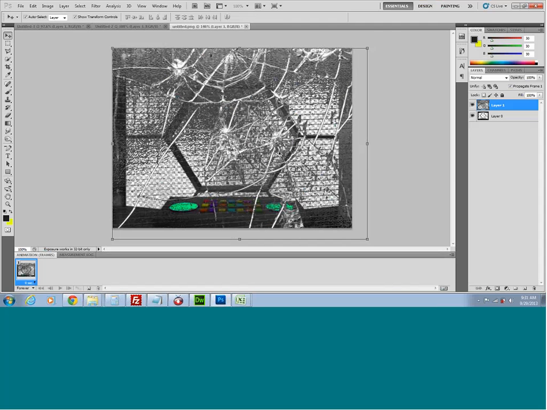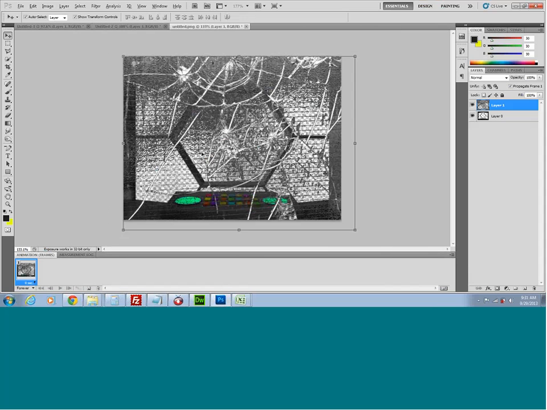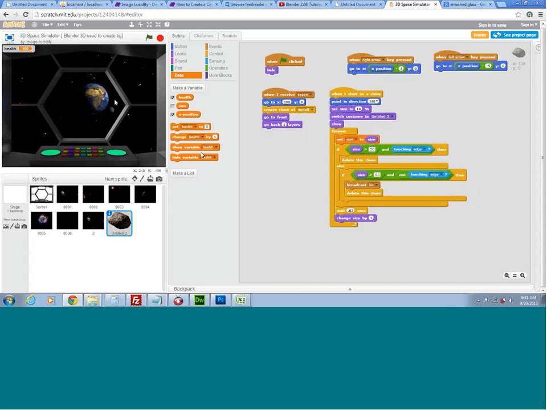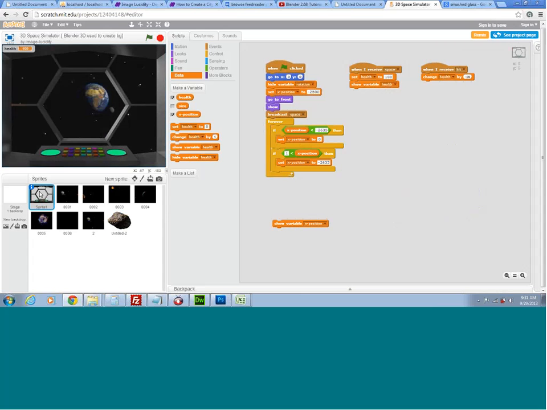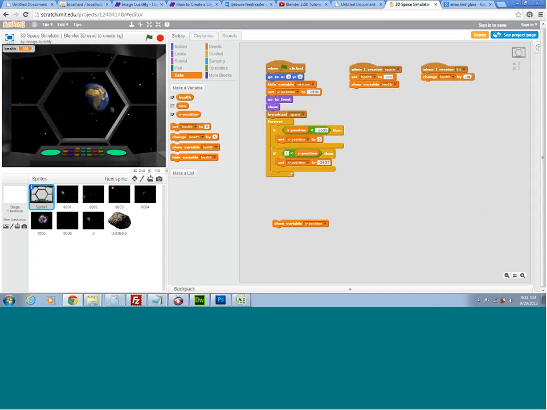This is going to wind up being like broken glass over the cockpit is what I'm going for, so it's the asteroid hits. Oh, wow. How clever. So you'll lose 10 health every time you get hit, so you can get hit a maximum of 10 times. When you receive space, like on the cockpit, when you click the green flag, this positions, and I